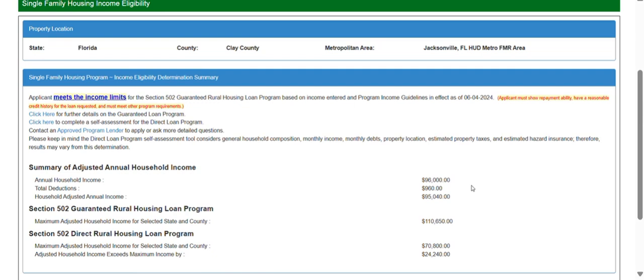And then also, a common question we get is, are the income limits based on now or future adjusted income? No one can predict the income in the future, so that doesn't matter. Everything is based on what your income is currently, at the time that you take your loan application. So that's a quick tutorial on how to check